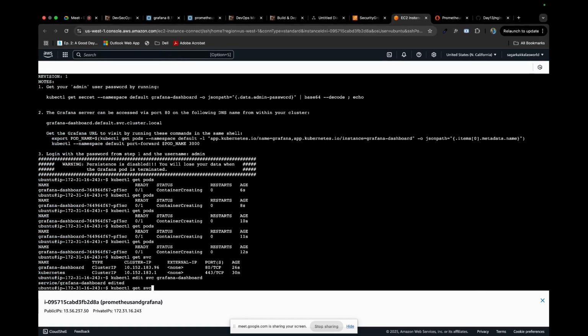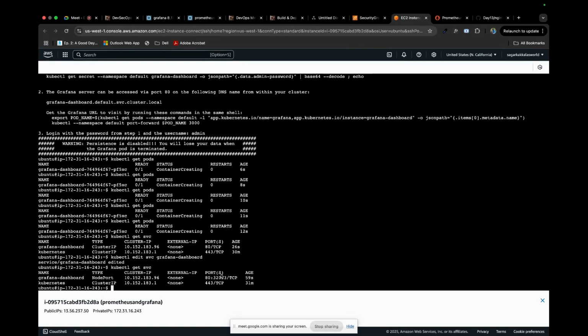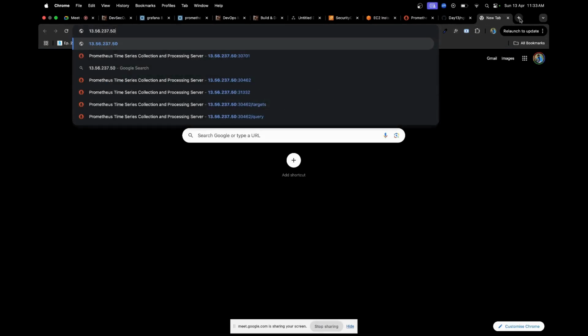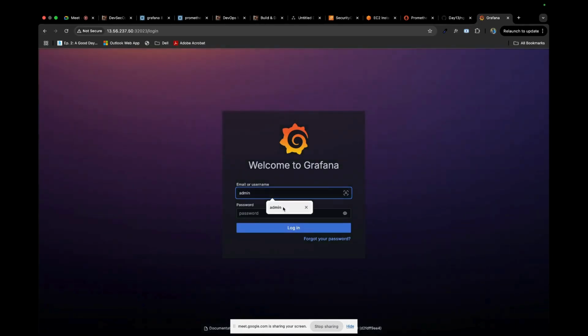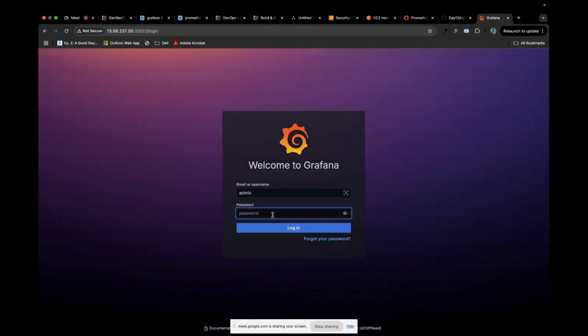Yes, let's see where our Grafana is. Our Grafana is on 32023. So we'll just go for 32023. Yeah, we got our Grafana ready, and by default the username is admin, and to get the password, just